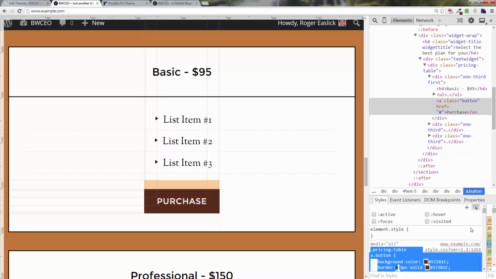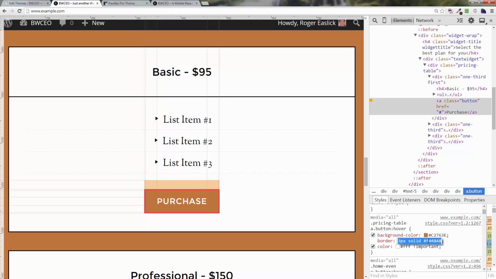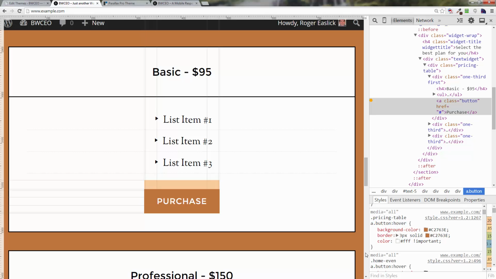Alright, and then we are going to activate the hover, and then we see the background color for the hover, and the hover is going to be that other brown color that we had, this brown color. And we want the border to do the same thing. We want to make sure we just grab the color and not anything else. Alright, and there we go. So now we want to grab that,